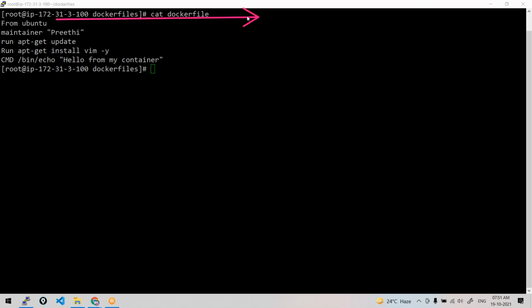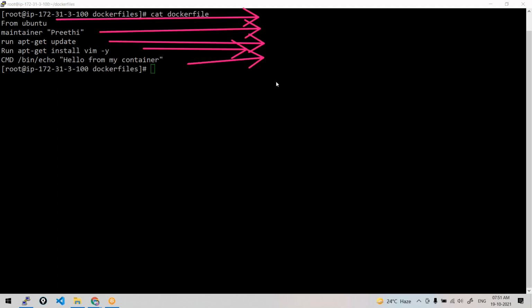For every Docker instruction you wrote, a file system layer will be created. Those file system layers will be stacked up, which gives your own image. From Ubuntu, what happens here is, do you see here from Ubuntu? Ubuntu is an image, it already has some file system layers. So on those file system layers, your new file system layers will be appended. Means always your image is the old image plus the new file system layers. Understood that, all of you?